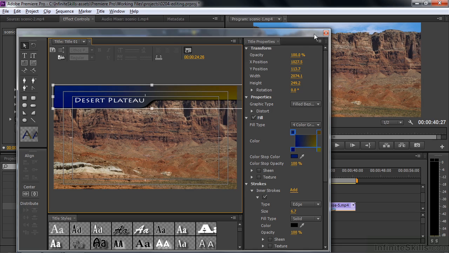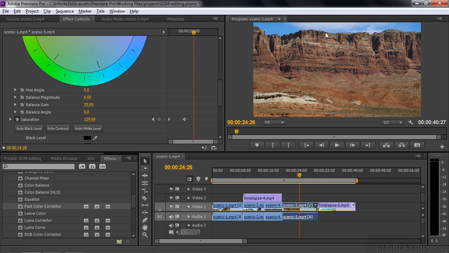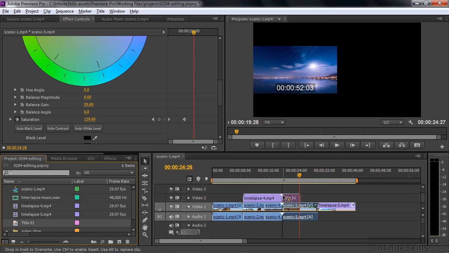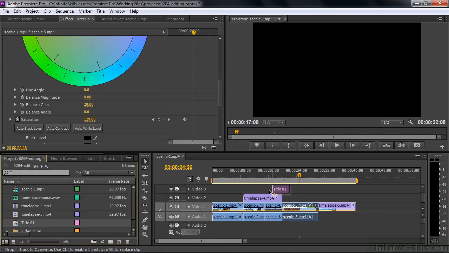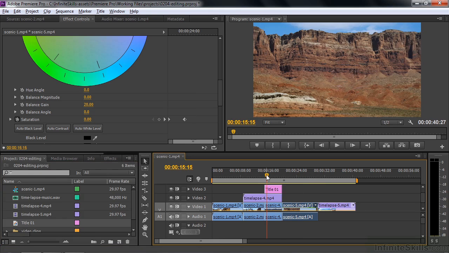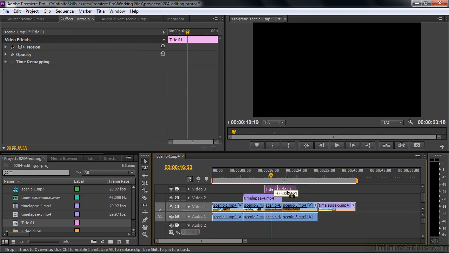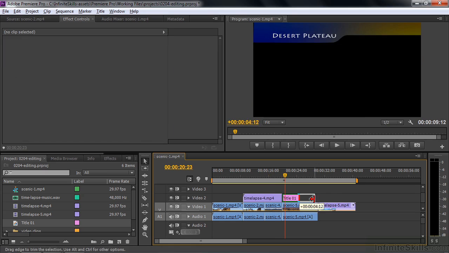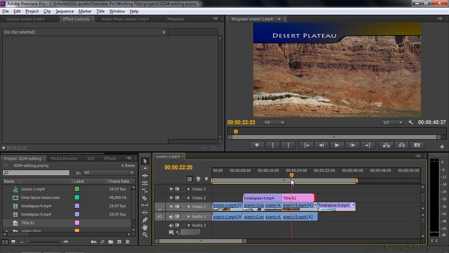Let's just accept this now and close this down. Don't need to save anything. It just immediately shows up inside the project panel. There it is. I can add that to this little scene here. Or I can actually put it above the other one if I want to. Oh, this says Desert Plateau. It doesn't really apply here, right? Let me move it over to the Desert Plateau where it does apply. There we go. You can make it longer like that, as long as the clip goes,